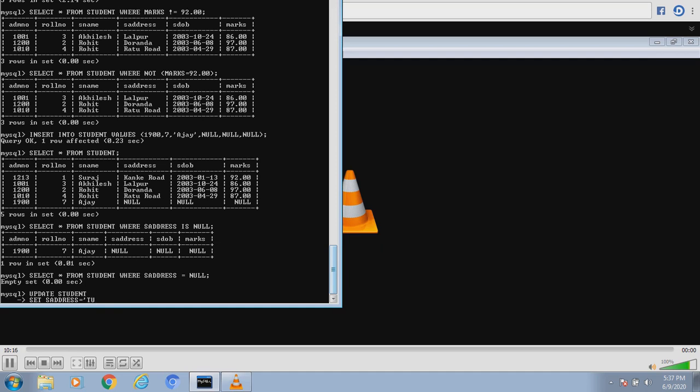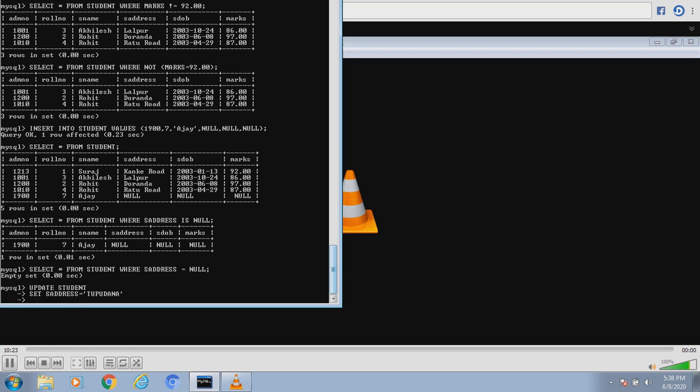I got the address, and for whom am I setting it? I am setting the address for Ajay. So I'll write where name, and we have the name as S_name is equal to Ajay. So this is a way we can use, and give a semicolon.